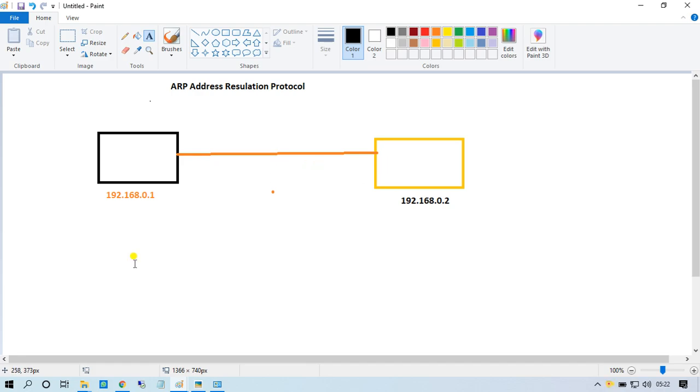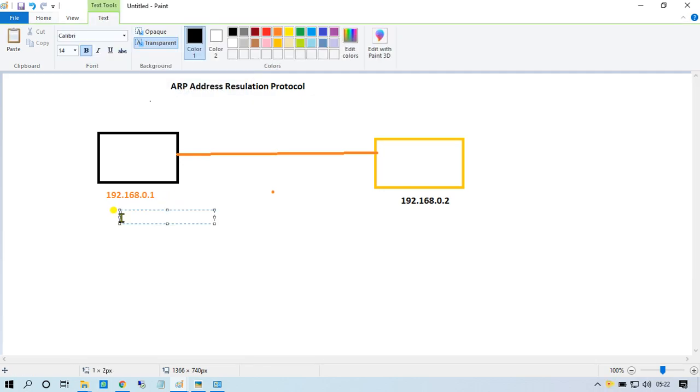So how will data transfer and how will an ARP request generate? When an ARP request is generated, it needs four pieces of information about source and destination: source having 2 and destination having 2. First, what is the source MAC address?